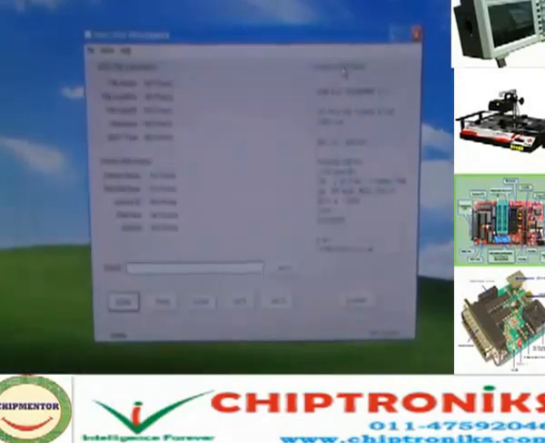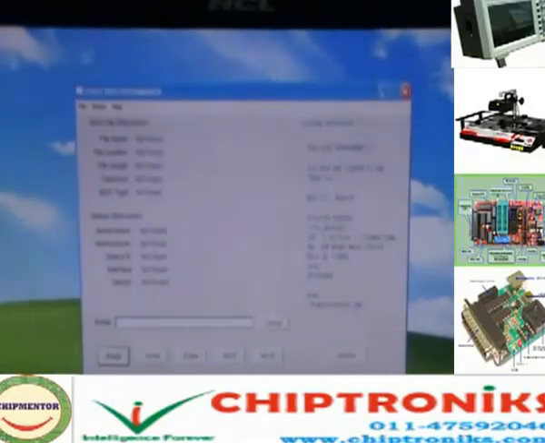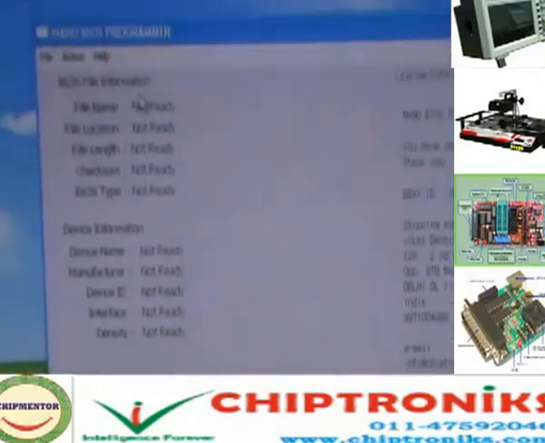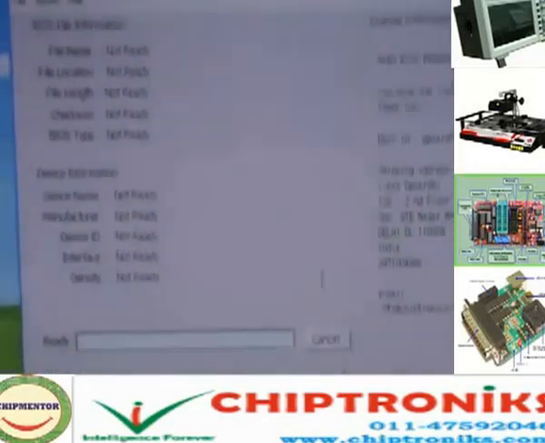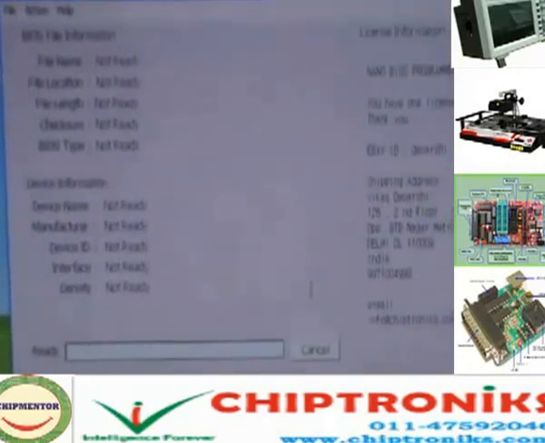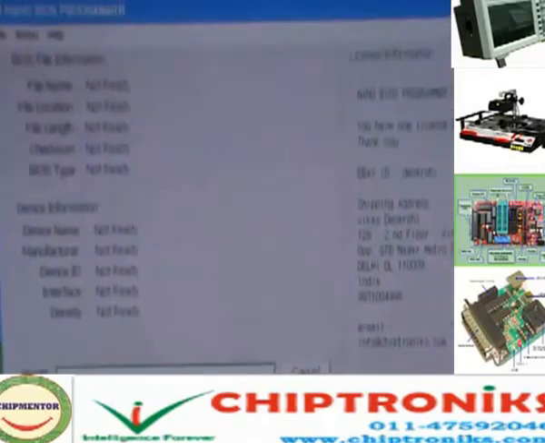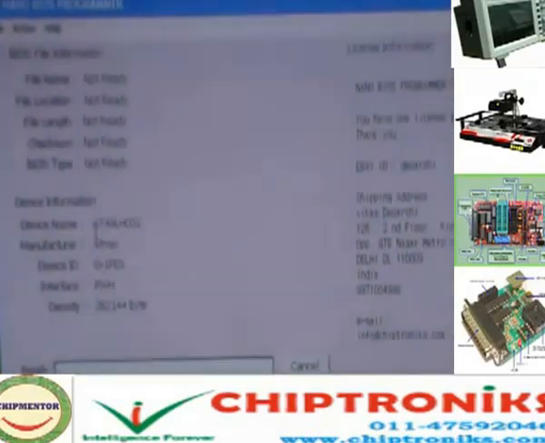Once we double click on the BIOS software, the NanoBIOS Programmer software opens up. Now over here you see the file, action, help, and the BIOS file information and device information, nothing is being shown. So we click on Get ID, the first button over here. Once we click Get ID, it will get the information of the device.